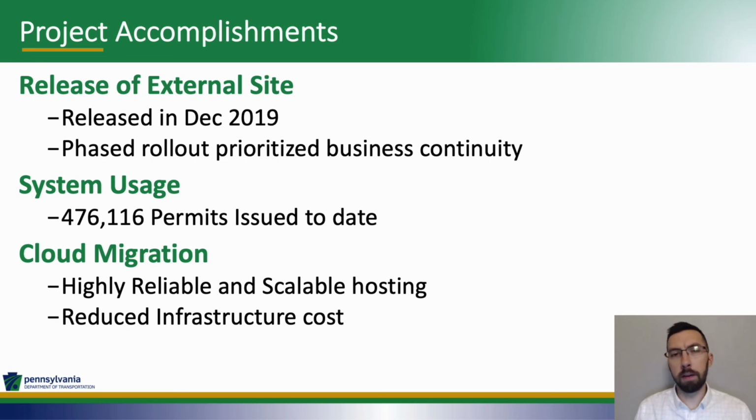On the first day of go-live, there was actually only a single carrier, High Transit, down in Lancaster, that began using the system. This was done to reduce the risk and prioritize the continuity of the business. This is a very mission critical system, so we want to make sure we did whatever we could to minimize this risk. As we brought on more users, more carriers, actually throughout COVID, ending in about mid-2020, we were able